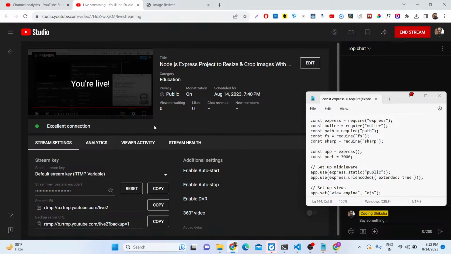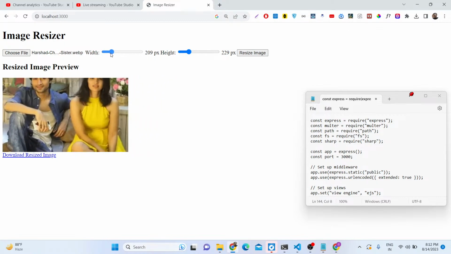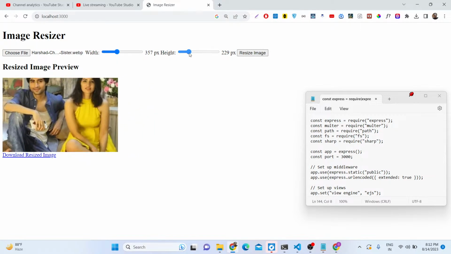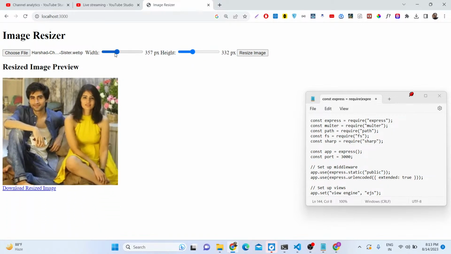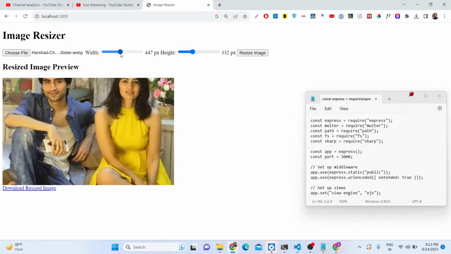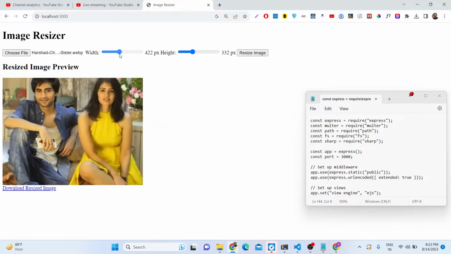Hello friends, today in this tutorial I will show you how you can resize and crop images using a slider. You can now see, guys, we can change the width, we can crop images, we can change the height as well. You can see that there is a slider available. So we will be building this nice little web application in Node.js and Express in JavaScript, and we are using